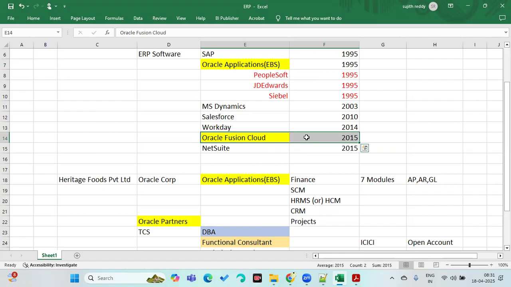It is new, no doubt. It's got cloud, artificial intelligence, machine learning, blockchain, RPA, robotic process automation. All the features are in this ERP software, but it is difficult to get a job because openings are fewer at this point of time. Maybe after 3-4 years, we will find more jobs in this ERP.